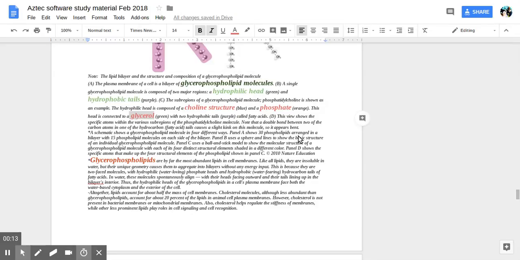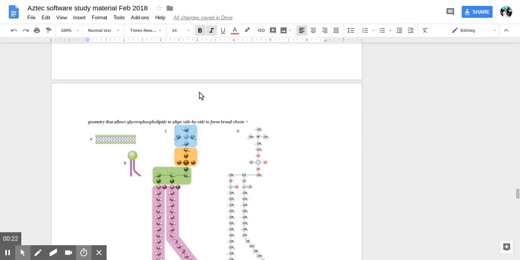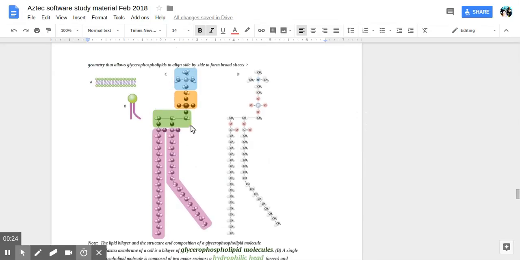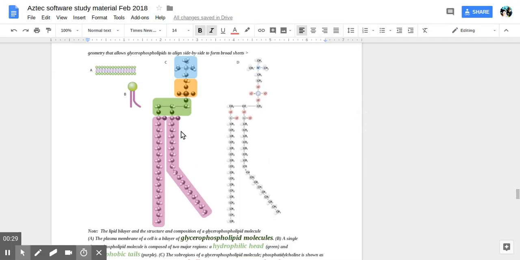Hi, peeps. We're continuing with my cell biology notes. We're doing cell biology and life science in a nutshell. We were at the section of learning about the cell membrane, going over some details. This is the